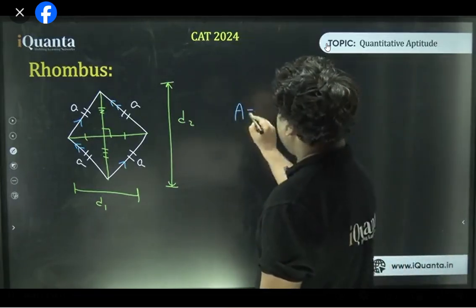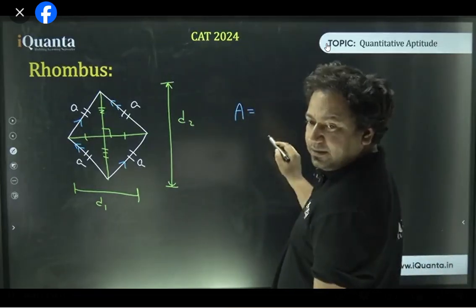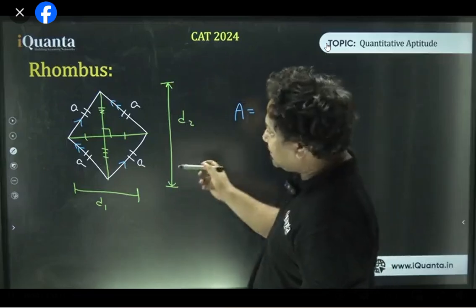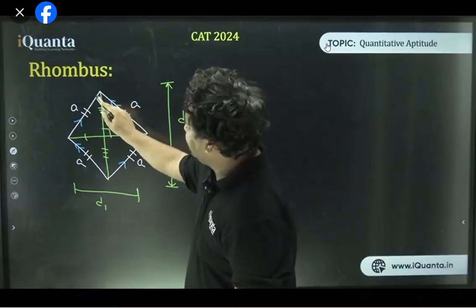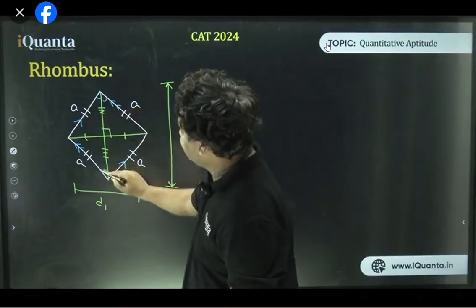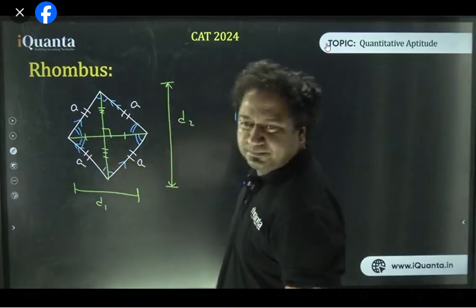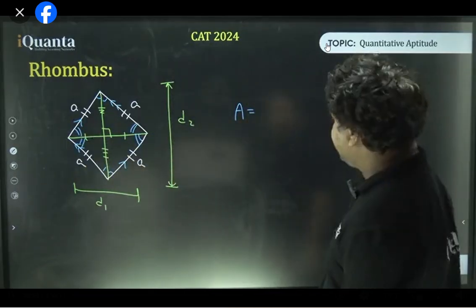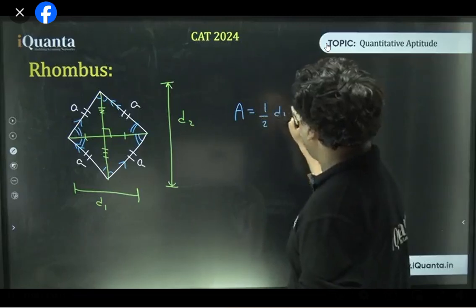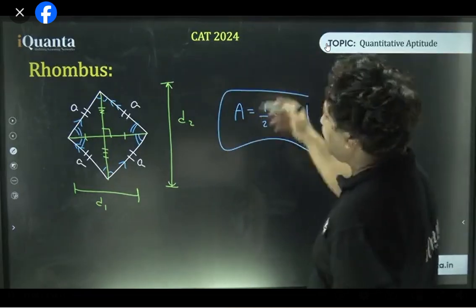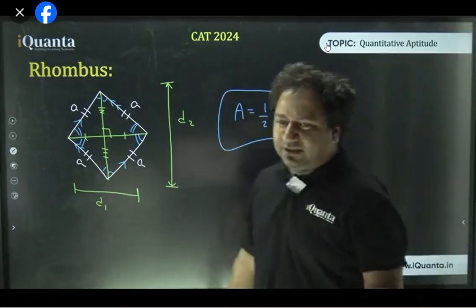Well, area of a rhombus, the target rhombus diagonal bisect. Yeah, of course. This angle you're asking. Yeah, they bisect. Okay, हमेशा याद रहेगा. So area is half into D1 D2. I think इस फॉर्म में याद करने की जरूरत नहीं है. This is practical. This is kind of logical, isn't it?